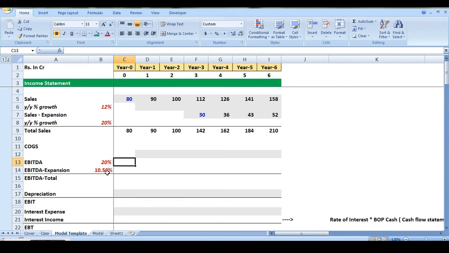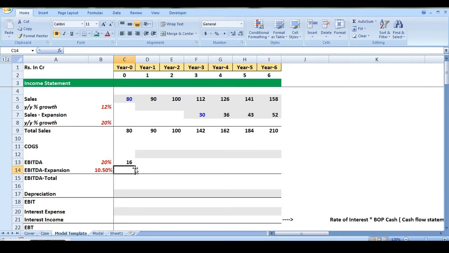So for regular sales we will calculate as sales multiplied by EBITDA percentage, and this EBITDA percentage is going to remain constant for the rest of years. That's why we are going to freeze it. We can freeze the value by pressing F4 shortcut on your keyboard.